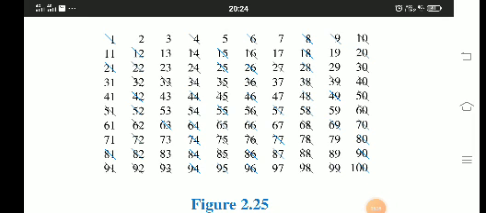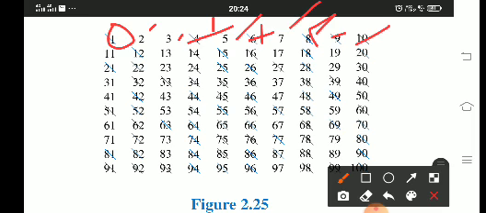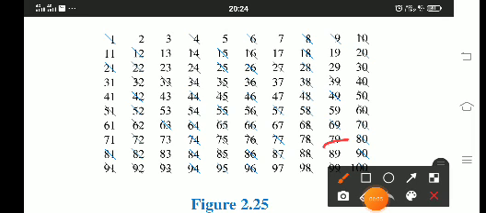Next, find the prime numbers less than 100. We know that 1 is not a prime number, 2 is prime, 3 is prime, 4 is not prime, 5 is prime, 6 is not prime, 7 is prime, 8, 9, 10 are not prime, etc. Finding all of them, the number 89 is the last prime less than 90, and 97 is the last prime less than 100. 97 is the biggest prime number less than 100.